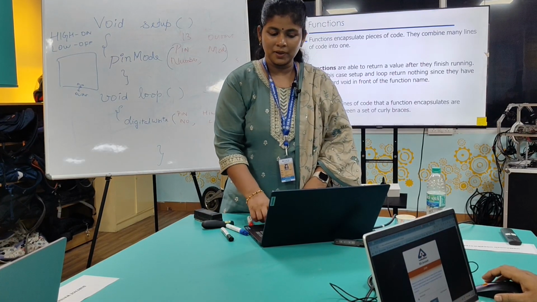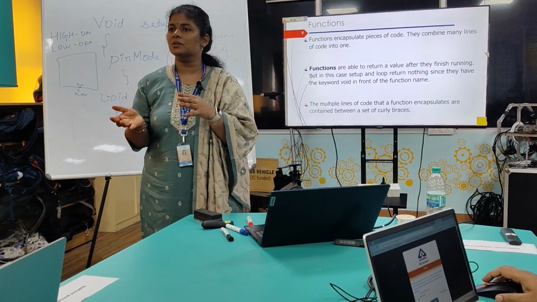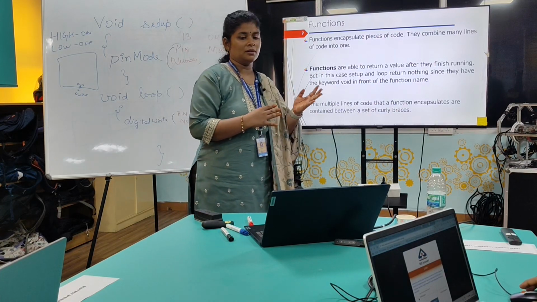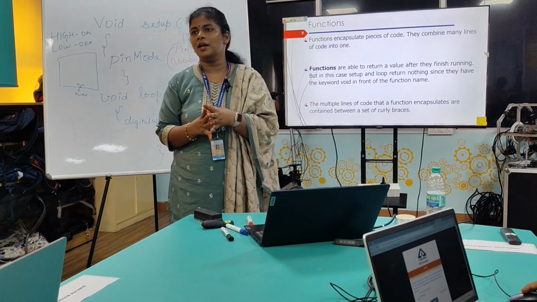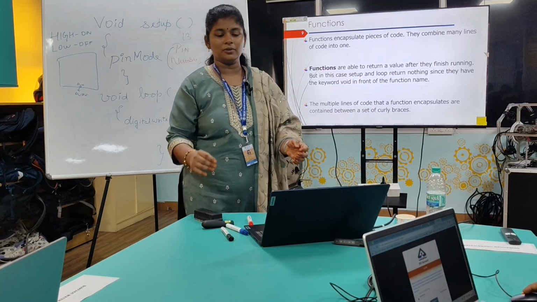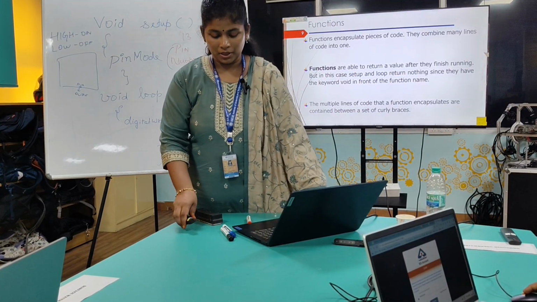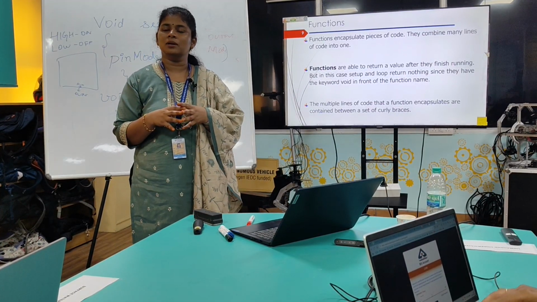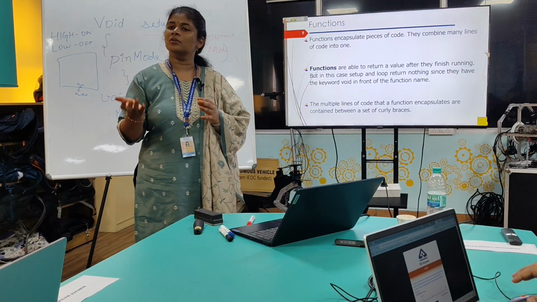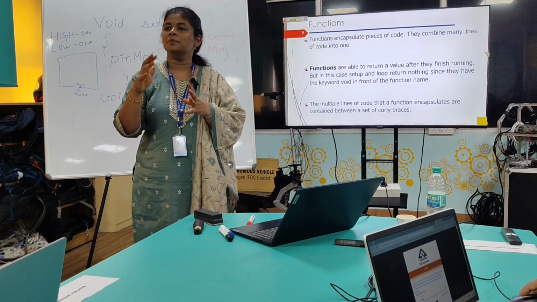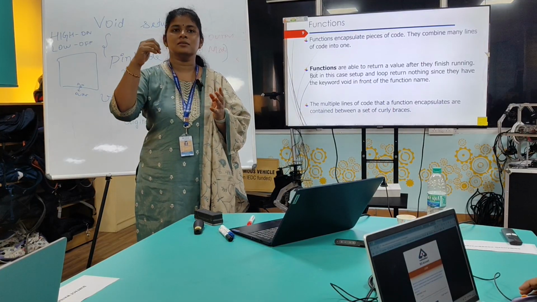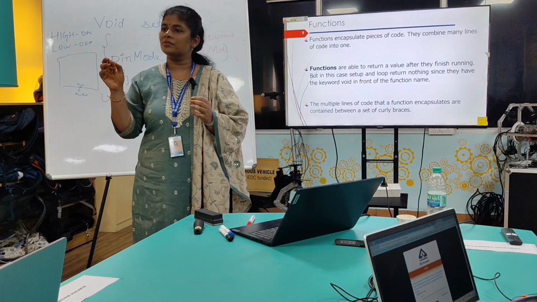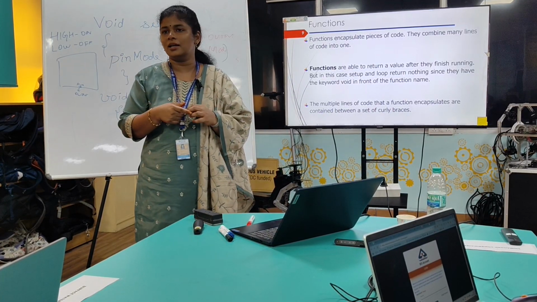So we will go over some more basics of the Arduino code, and then we will go over some examples after that. When we are talking about the basics of the programming language itself, one of the things that you have to keep in mind is the functions. Just like the void setup and void loop, which are pre-written functions in the Arduino library, you can also write your own functions. In case you are having multiple subsystems, like connecting a temperature sensor, LED, and a couple more things together, you can make it all a function that is going to do it again and again.